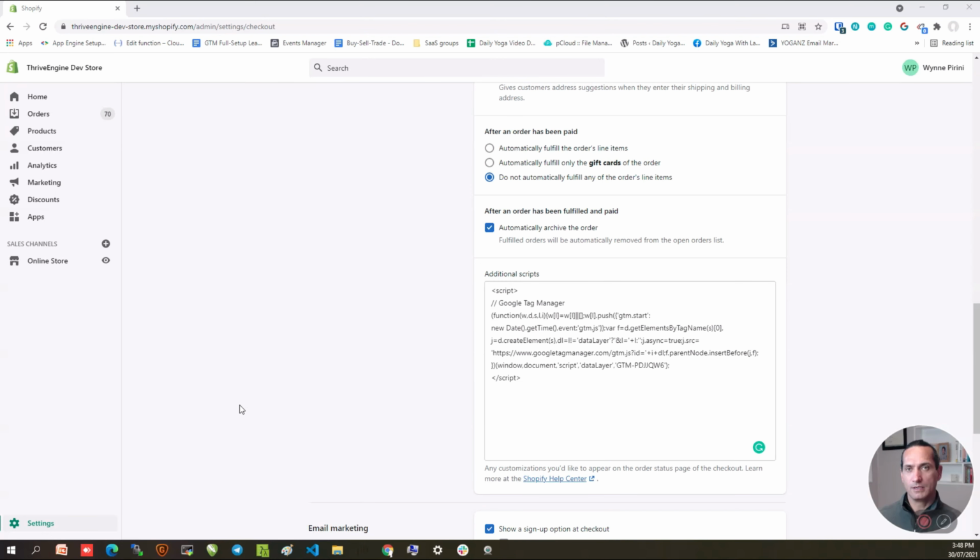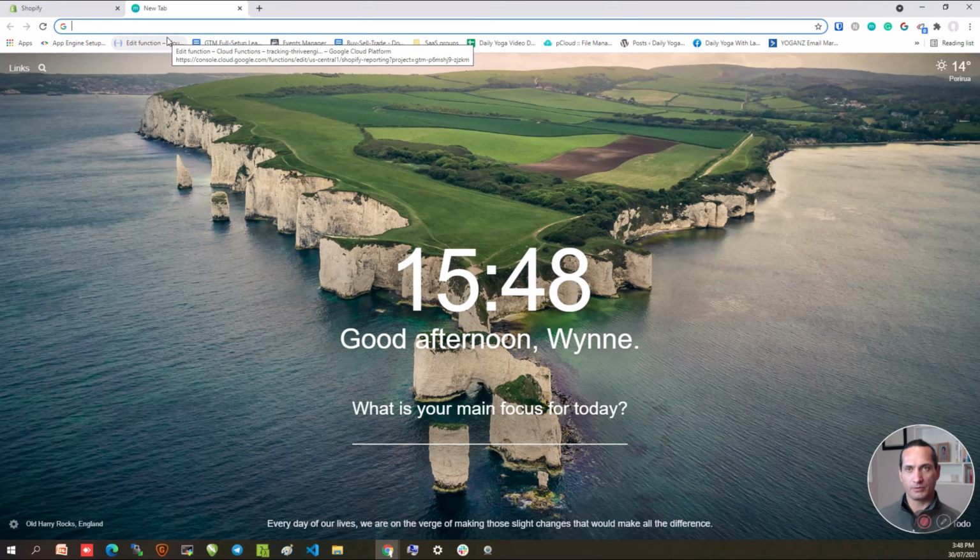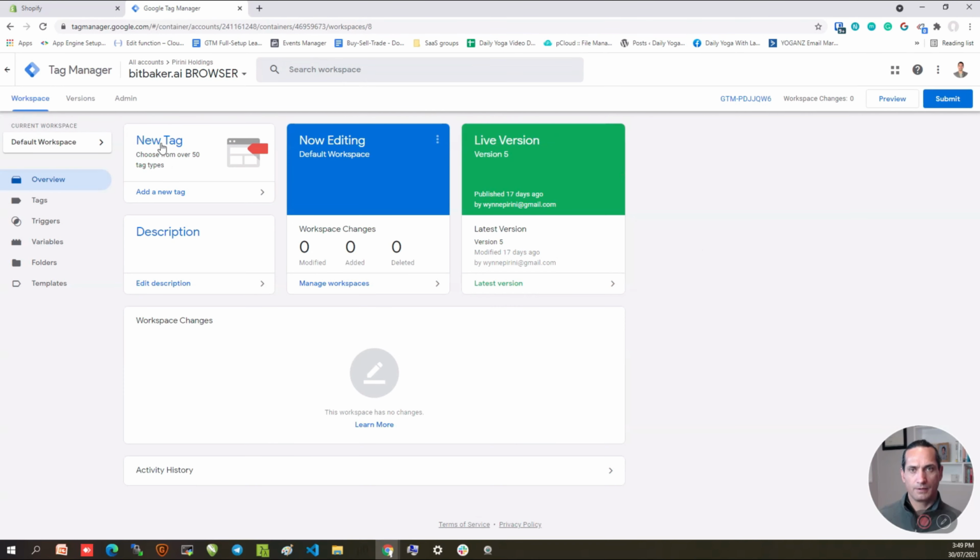So the final step is to verify that everything's working, that the GTM container is loading correctly. The way to do that is first of all to copy the domain of your store, and then open up Google Tag Manager. So I'm going to open this up to the actual one that I've got this test store running on, and the next step is to click preview. Up in the top right hand corner you can see a preview button here. Click on that,